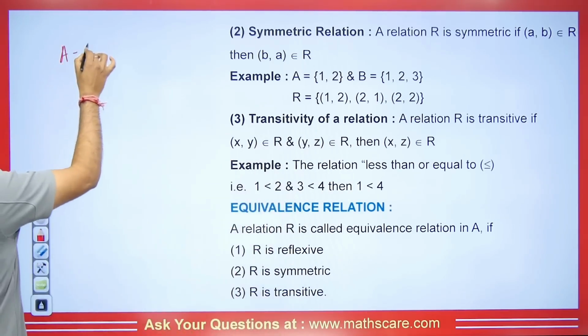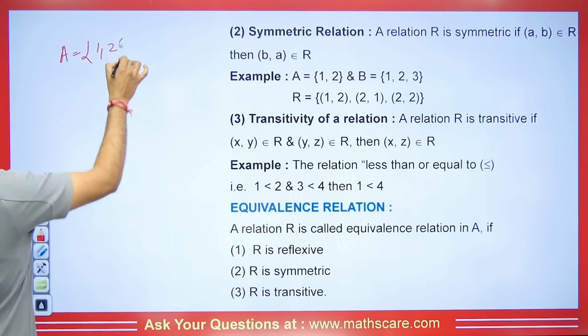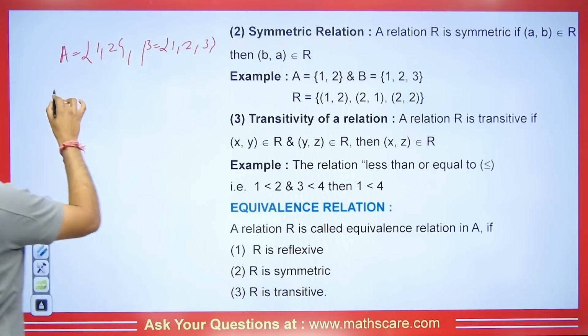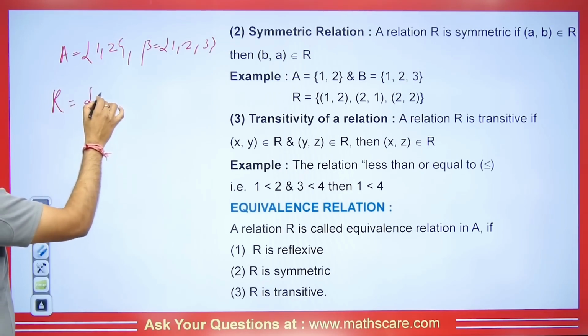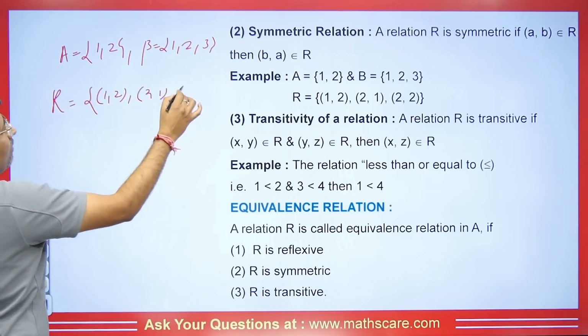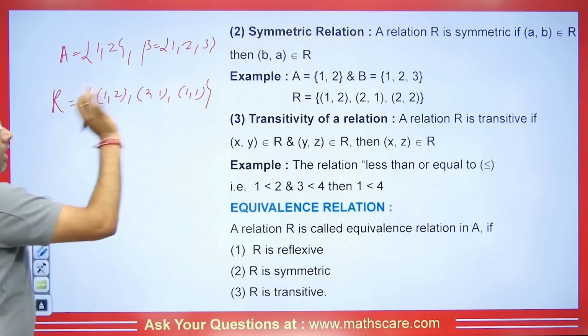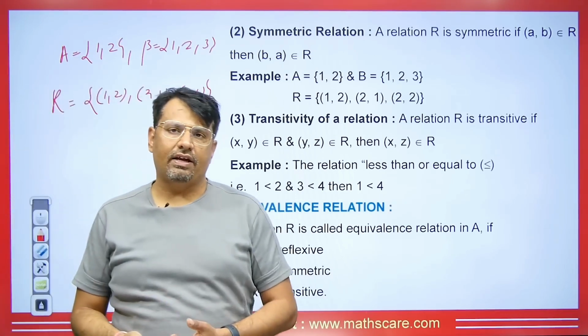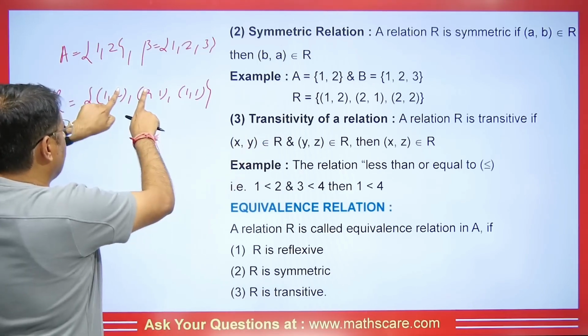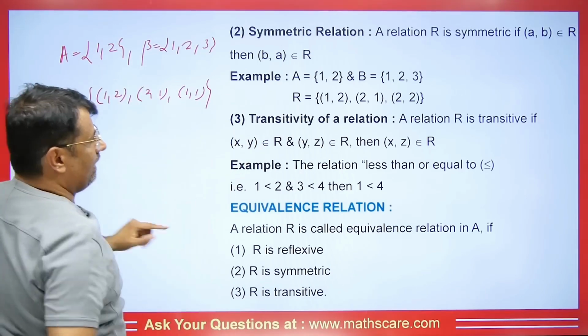So students, let's say we have a set here, which is 1, 2 and another set given here is 1, 2, 3, and we have a relation R here, where the elements given are 1, 2, we also have 2, 1 and 1, 1. You need to figure out if this is transitive or not. So 1, 2 goes here, 2, 1 goes into it, and this cancels out. Remove this, so 1, 1 goes into it, right?